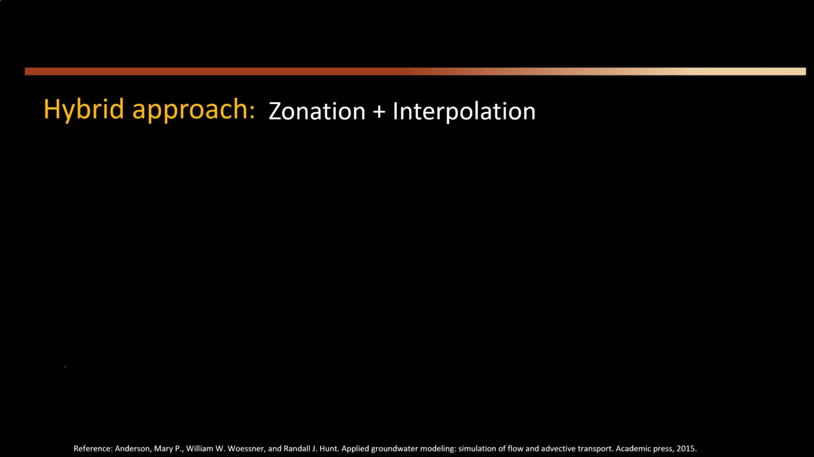So the hybrid approach is nothing but the combination of zonation and interpolation. At some points, for example, we use zonation and a constant value, and in some areas we use interpolation techniques. But if you remember,